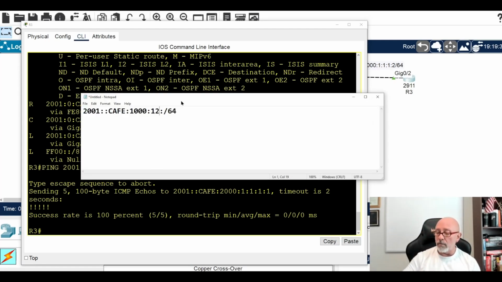But again, just to end this for all time, let's say you have 1, 2, 3, 4, and then you have a double colon here, and you have 5, 6, 7, 8, and then you have A, B, C, D. Most definitely, this is not allowed. This is an invalid IPv6 address completely. Because in the interface ID you have a double colon, and in the network prefix you have a double colon.